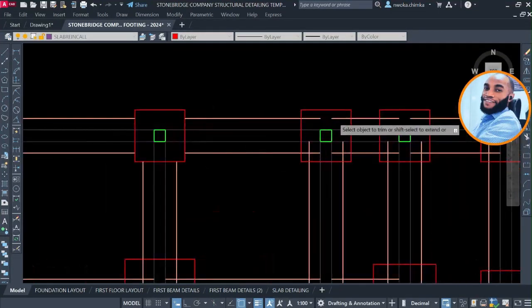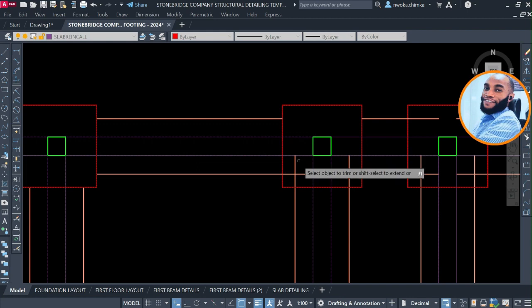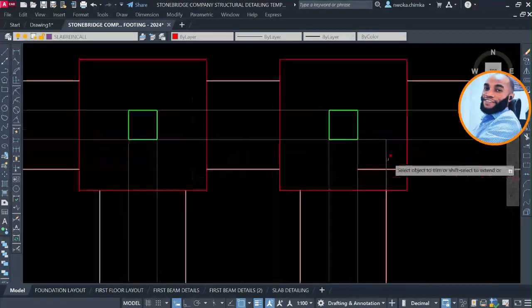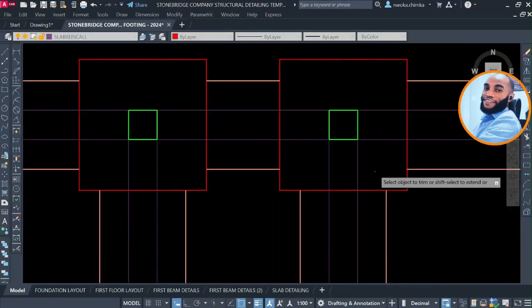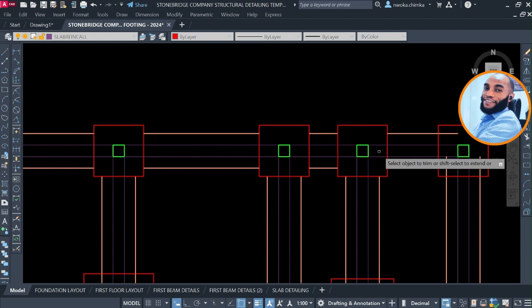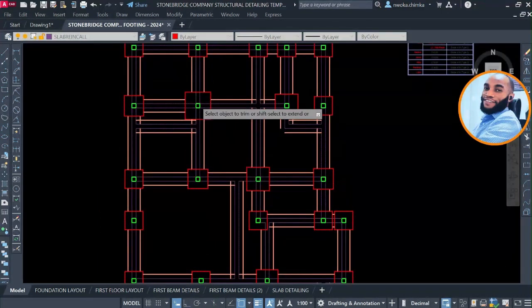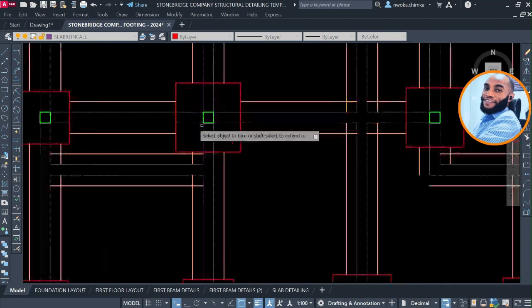Okay, and then do the same thing again here, and do the same thing again on this other side, and then also here again. Now you have to just try to repeat what I'm doing just now. Once you're done removing all the lines that entered into the footing, the next thing is